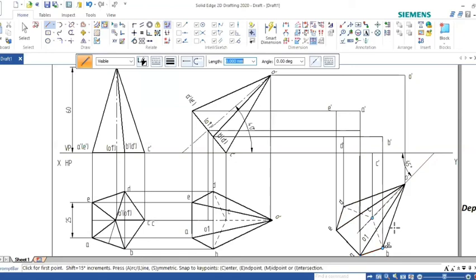Any pyramid problems, that's the first step. Okay, how to make that? Now go to base side edges, A to B visible, B to C visible, C to D visible, D to E visible, E to A visible. Base side visible, make dark, right click.